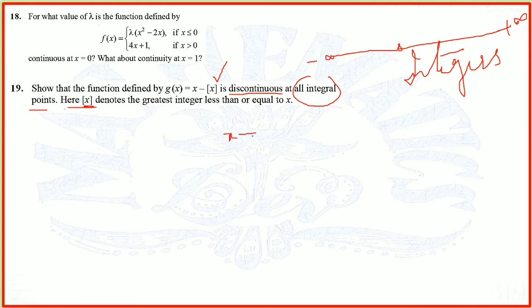Suppose, for example, x is equal to 2, 3, minus 2 or whatever, it is already an integer. So if you put it under the greatest integer function, that means the greatest integer of 2, its value will remain 2 because it is already an integer. If it is an integer, it will never change. But in case it is a fraction, then we need to search for the nearby integer which is less than that fraction.